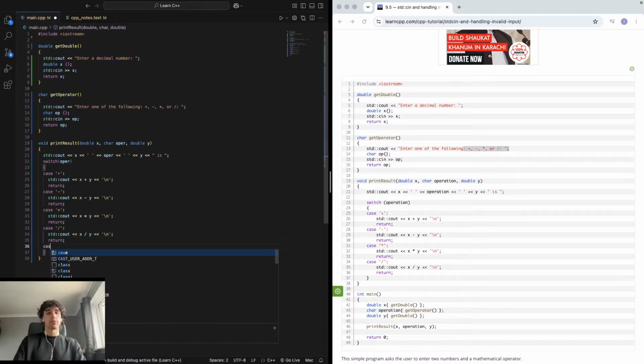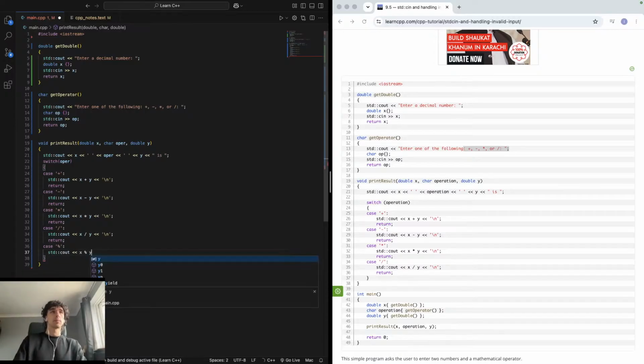And then finally, for our modulus remainder, we'll do that. Okay, no modulus. Okay, and then in our main function,